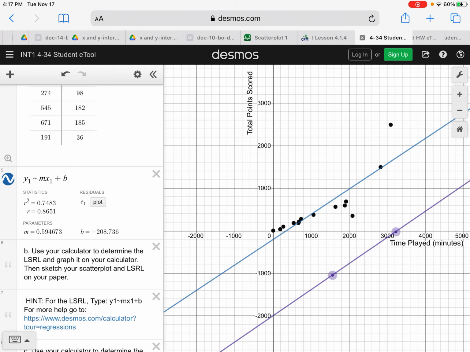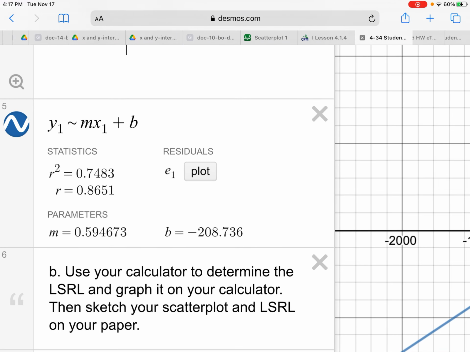So now looking over here, this is super important for us to start to recognize. We're going to get into all of this other stuff soon, but the main things I want you to see right now are under parameters. It has M. It gives you the slope, 0.594673, and that's the y-intercept, -208. So again, a negative y-intercept doesn't make sense for someone that plays 0 minutes, or even a few minutes in, they'd still be scoring negative points, so that doesn't make total sense, but it makes sense for the equation